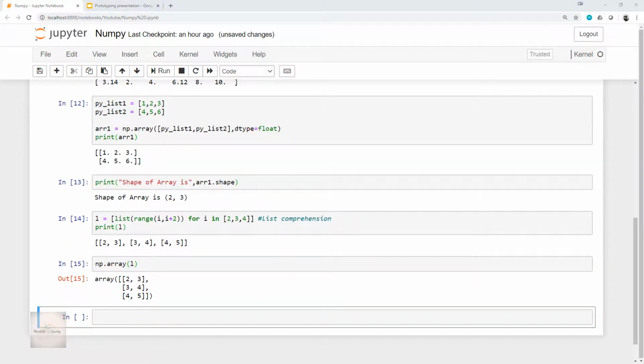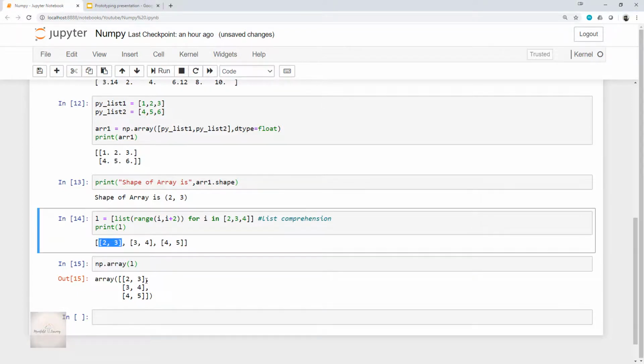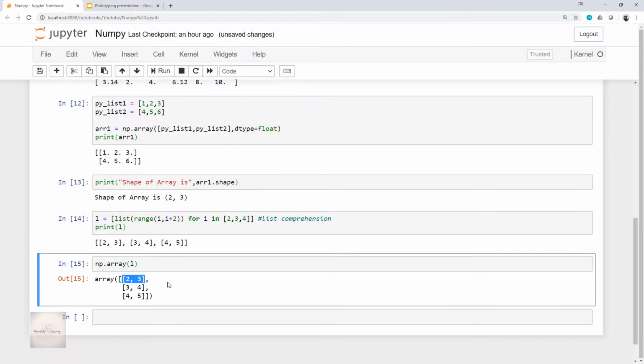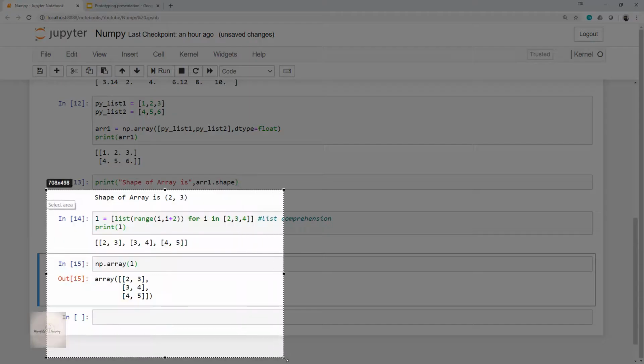Great, we have the output, and if you observe this, we can say the inner lists are treated as rows of the resulting 2D array. That is, the first inner list, 2, 3, is treated as the first row in our resulting 2D array, and in the same way 3, 4 is the second row and 4, 5 is the third row.